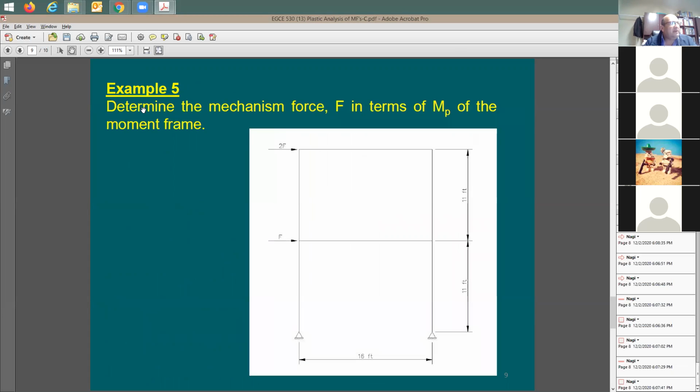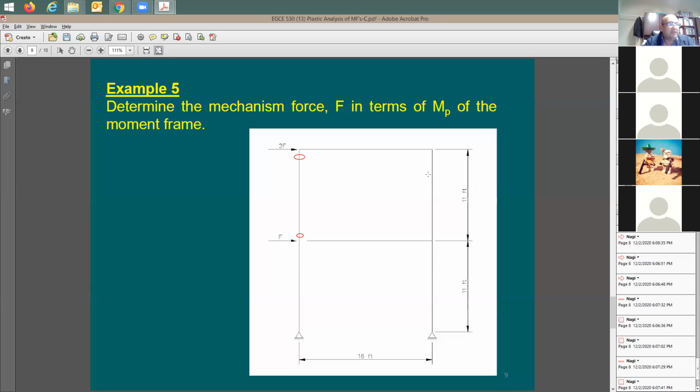I'm going to be moving here to a two-story moment frame. On the first floor, I'm going to have a force F. On the top at the roof, I'm going to put 2F, just twice as much. I put this here to be a hinge, and at the top, of course, I'm going to have a fixed support. So thinking about which moment is going to get developed, I may be able to develop a hinge here, right? A hinge here,